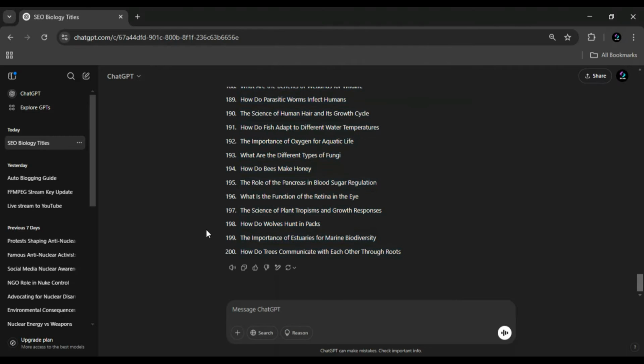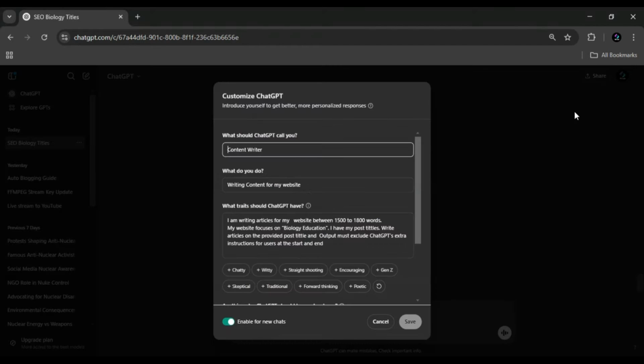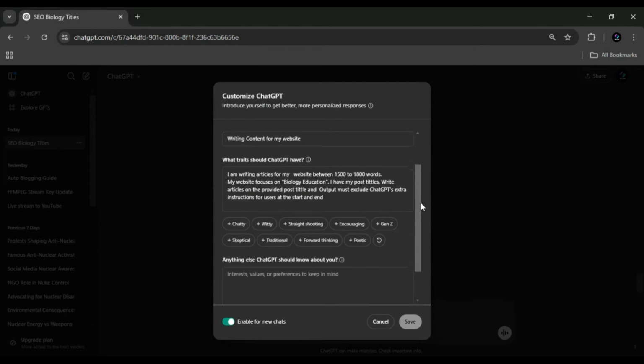To do this, go to ChatGPT, click on the profile button on the right-hand side, and select Customize ChatGPT. Enable custom instructions and provide specific guidelines. For instance, for my biology education site, I'll input: